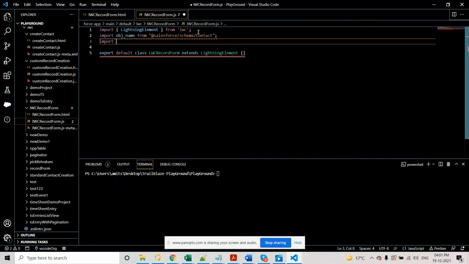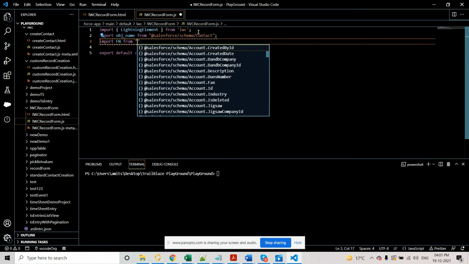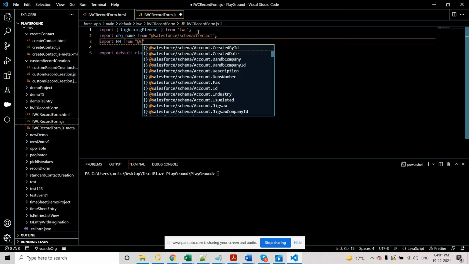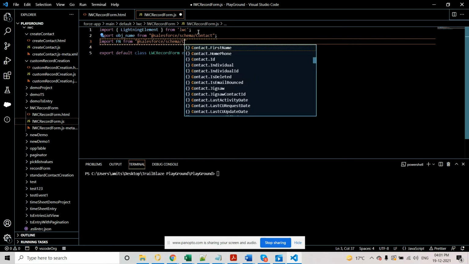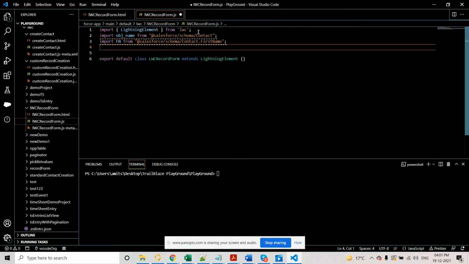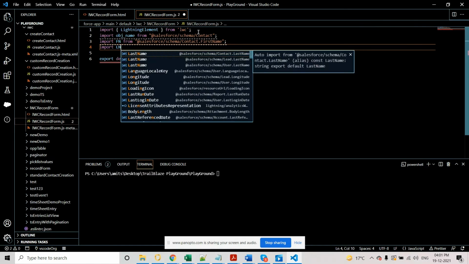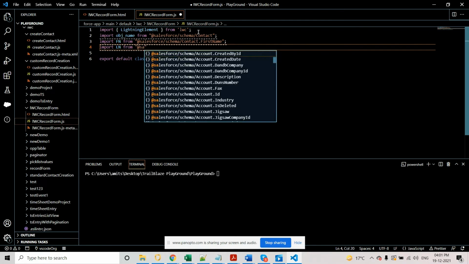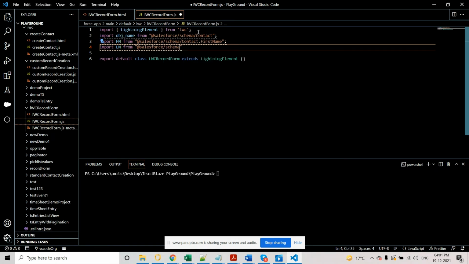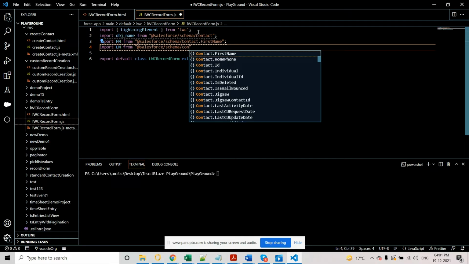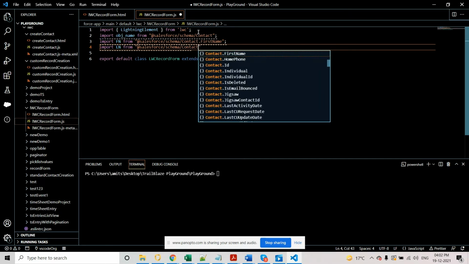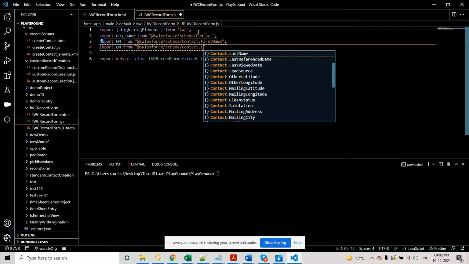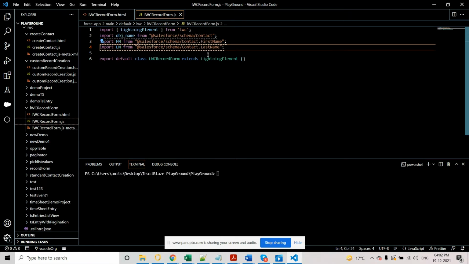Import first name, and simply we can use the last name also, from Salesforce. Save it.